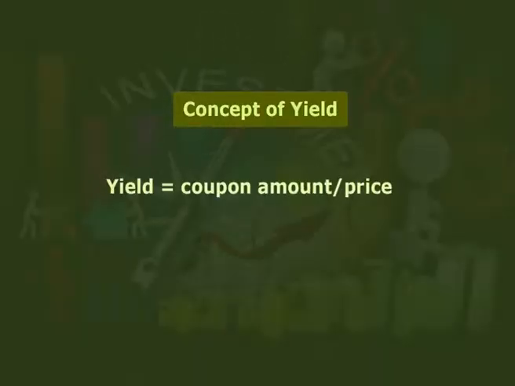The concept of yield is a pictorial representation of the return that one earns on a bond for the given period. The yield is calculated using various formulas, among which the simplest formula is given as yield is equal to coupon amount divided by price. When you buy a bond at par, that is at face value, yield will be equal to the interest rate you will earn over the period of time. Yield of a bond is highly dependent on price. As the price fluctuates, so does the yield.